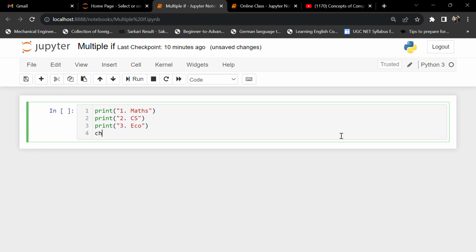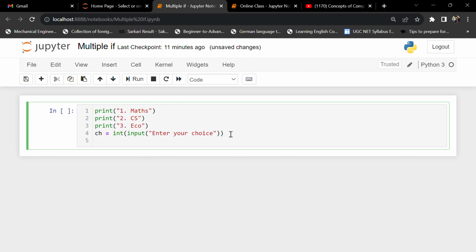So firstly, CH is a variable. We are taking the choice of the student, what they want to choose as an extra subject, and input, enter your choice. So the choice is basically from all these subjects only, right? Now we are going to apply if, and we have to mention a condition over there. So if the value of CH is equal to 1,